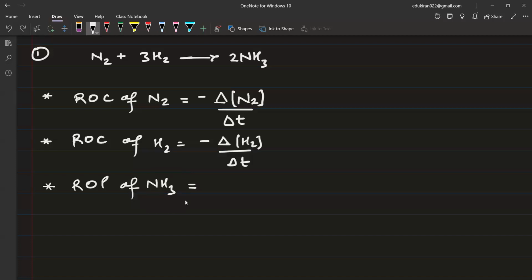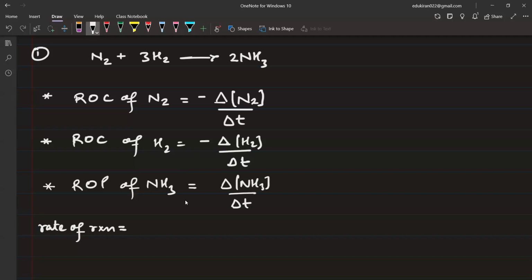Rate of production. That means for any reaction in which ammonia is present, what will you write for ROP? If ammonia is produced in any reaction, the rate of production of NH3 will be delta NH3 by delta T. Now, when you are going to write ROR, rate of reaction,